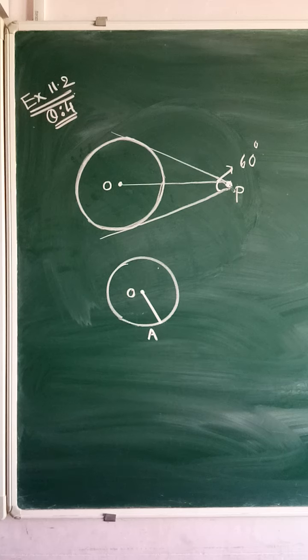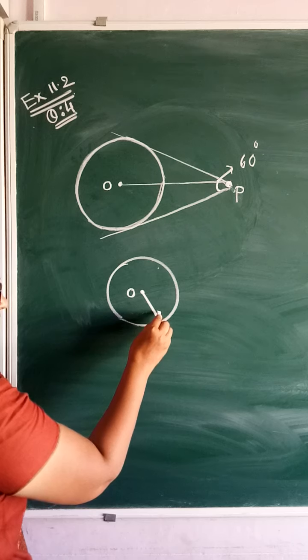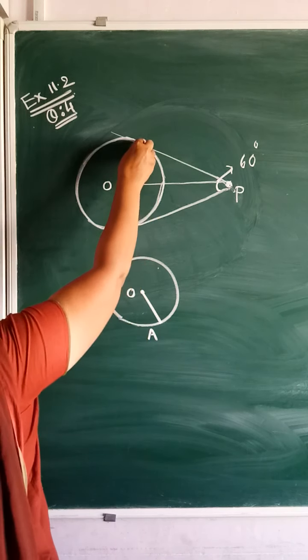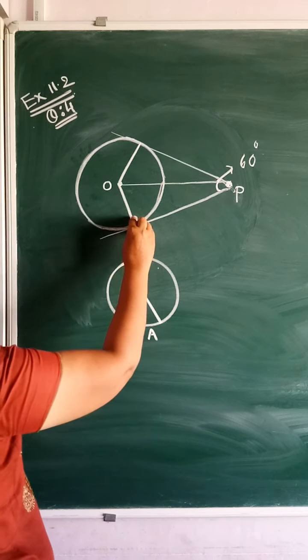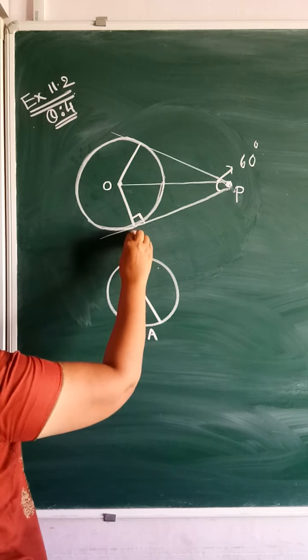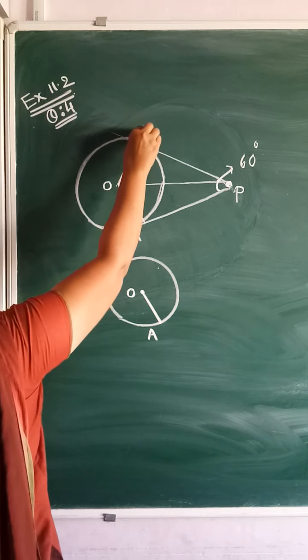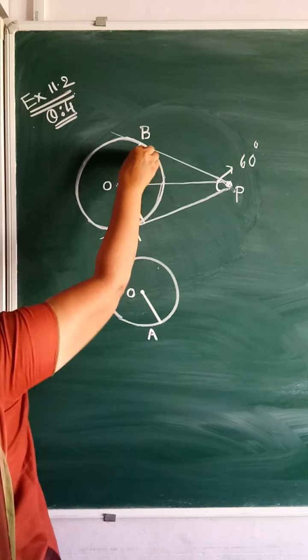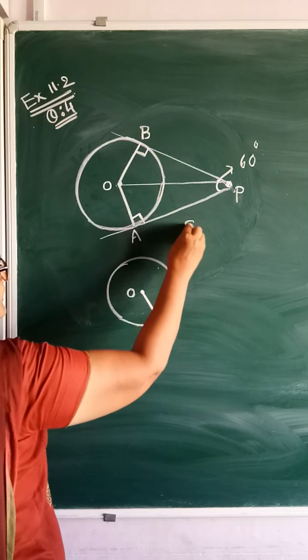I have already explained that a radius is always perpendicular to the tangent. So if I draw a 90 degree angle at A, and OB is also a radius, then this is also 90 degree. So 90 degree, 90 degree,